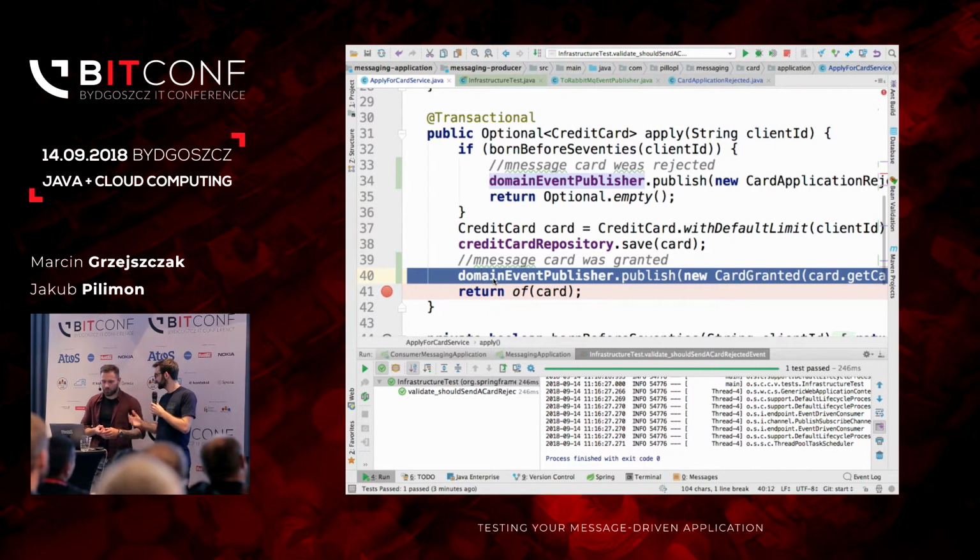All right. Okay. That's the happy path. What happens if your broker is up? You publish the event. The Spring proxy takes over and tries to commit, and your database is down. Come on, it's so easy. So it's not a problem.